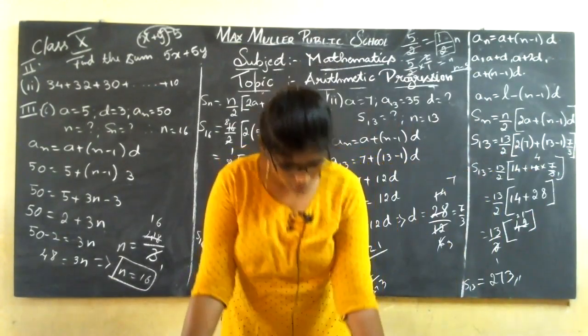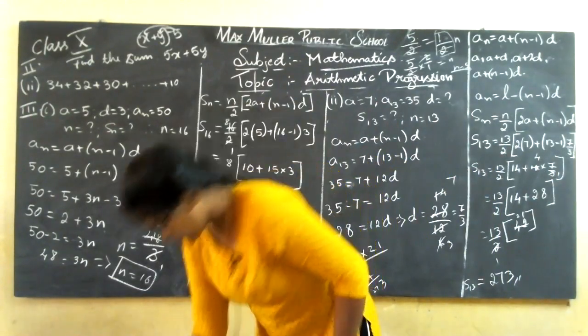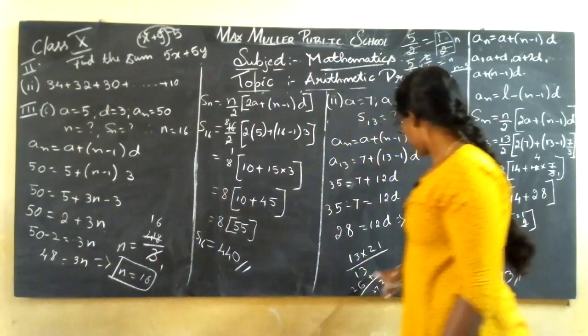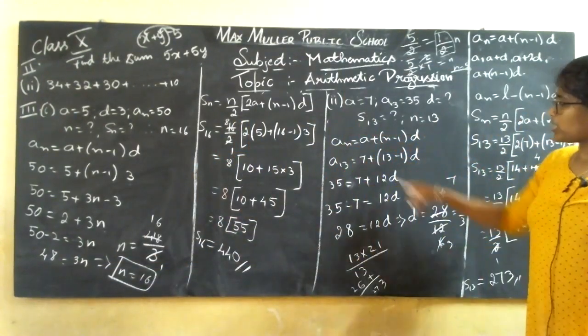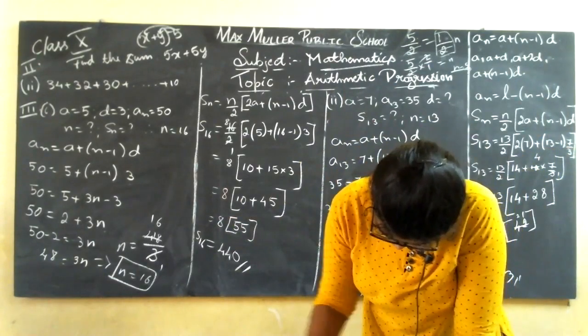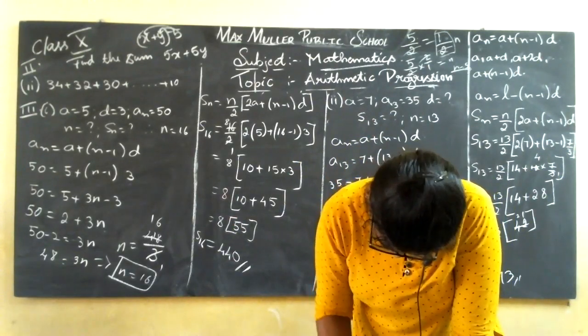Yes. So the third one is for homework. You are going to do the third one. Similar way you are going to do as how I have found out A, found out D, you are going to find out A. That's all. So third one is for homework. Then fourth one, I'll do.